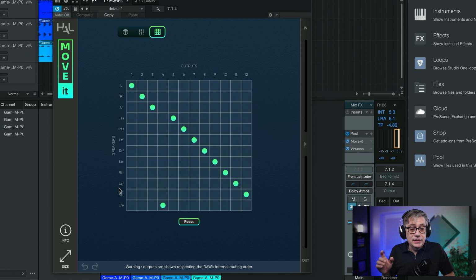It's nice to have, and the thing that I really like is that they integrated these 3 different tools into one plugin, which is actually quite usable. Now, this is fairly self-explanatory, so you have incoming tracks and you have outgoing tracks, and you can simply route whatever track is coming in to whatever track you want it going out, and that can be really, really useful. So let's go back to the panning window.